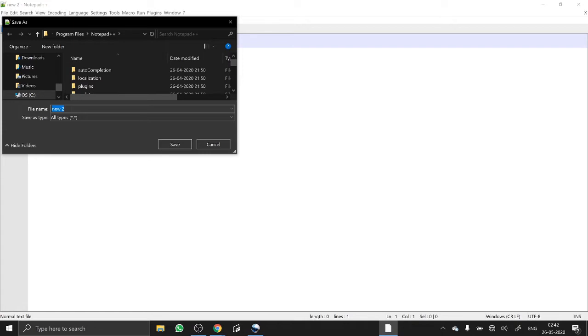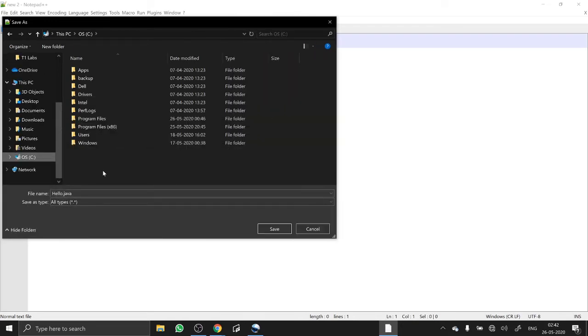So let us create a file with the name hello. The extension with which you save Java files is .java. Select All types as Save as type and save this file into the folder that we have traced from the CMD.